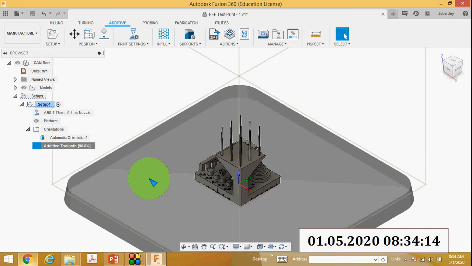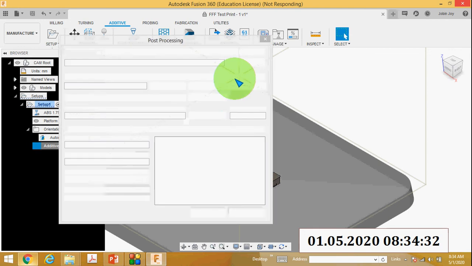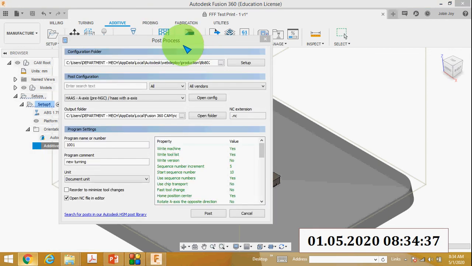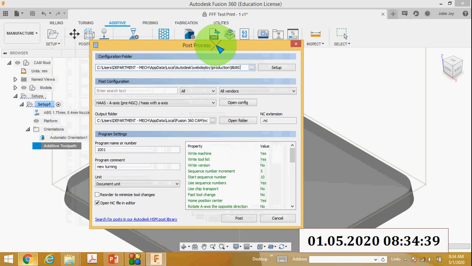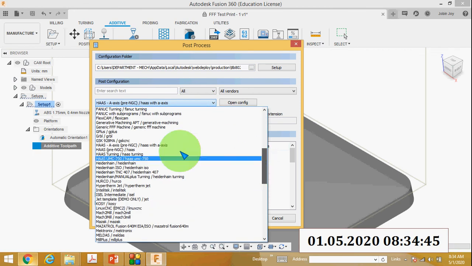You can see in the browser tab the additive toolpath percentage increasing: 72, 98, 100 percent.